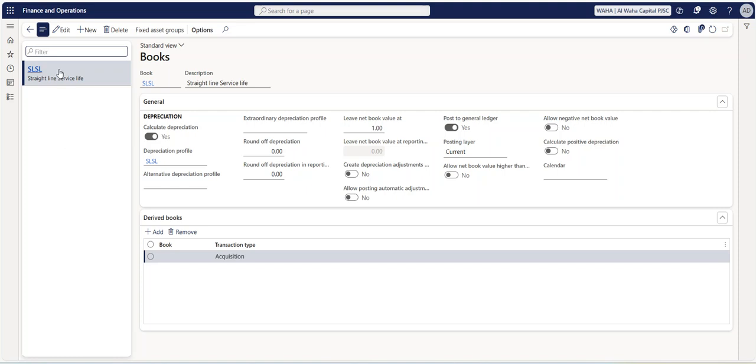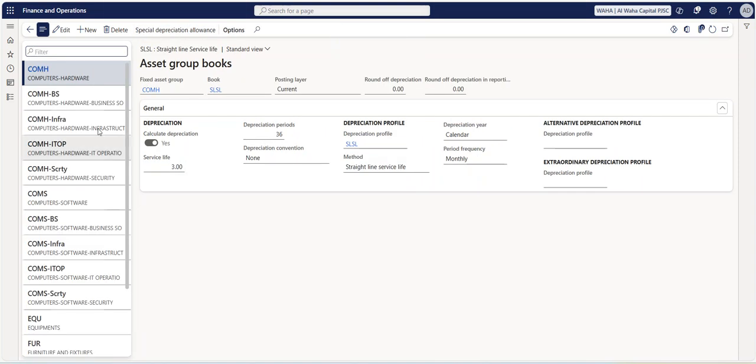Okay, in books we have selected the SLSS, that is the straight line service life, and if you want to calculate depreciation we will click on yes, and we will map the depreciation profile. Okay, and here we are mapping how much my service life is. Okay, so if you go to the fixed asset group on top, here the fixed asset group will be created. So for each fixed asset group you can see this is my service life, based on